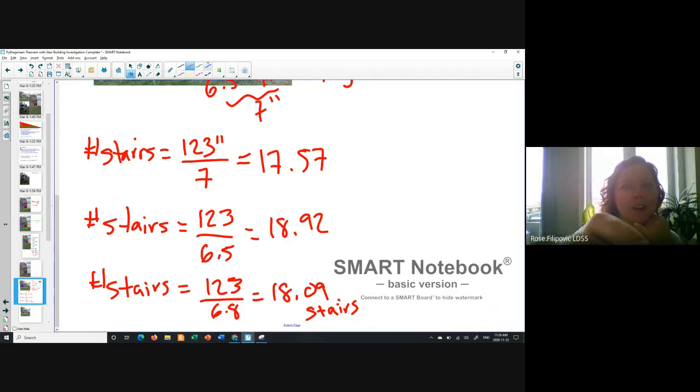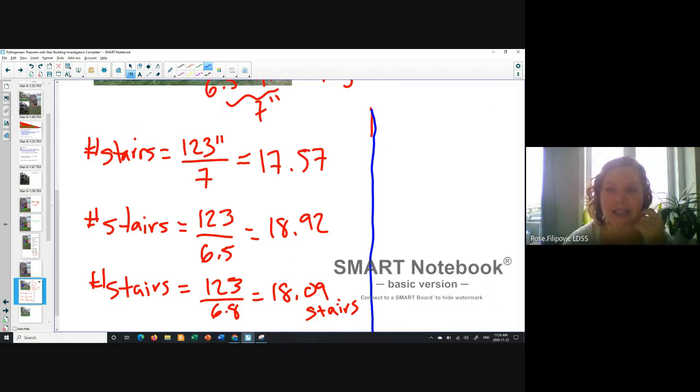So that was one option. But then we were like, well, what exactly should it be to fit perfectly? So if we wanted 18 stairs, but we wanted to get rid of this 0.09, and this is just an extension. So just to show you what their mathematical thinking was, which is pretty cool. They said, if I know I want 18 stairs, then I need to take the height and divide it by some number. I don't know this number,